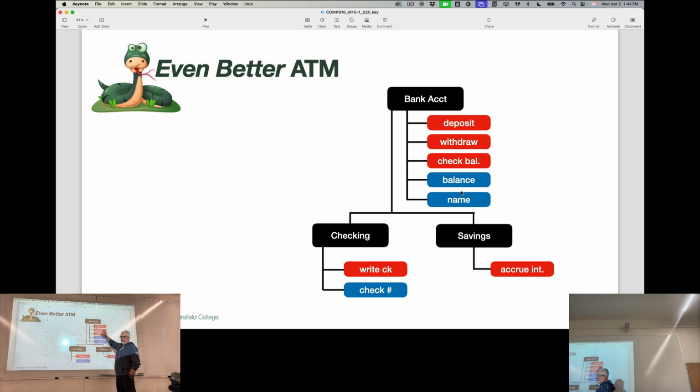Now remember, when you write a check, it's a lot like withdraw, right? You're taking money out. You need to check and make sure you have enough money. So when you're writing a check, you can actually use withdraw. You can reference that method because it's inherited into checking. So this will stretch you a little bit, and that's okay. We will probably come back in the early next week and do a little bit of regrouping on this where you can ask questions. But I want you to work on it first because